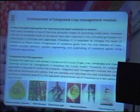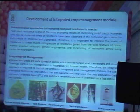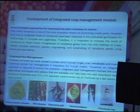High yield, but average yield is still very low because of many other factors. Optimization is required, and if those things can take place together, I'm sure that we can reach that target. Integrated pest management also helps us to reduce the cost, because we don't need to add so much agrochemicals for this protection. But at the same time, the diseases and pests are emerging more and more